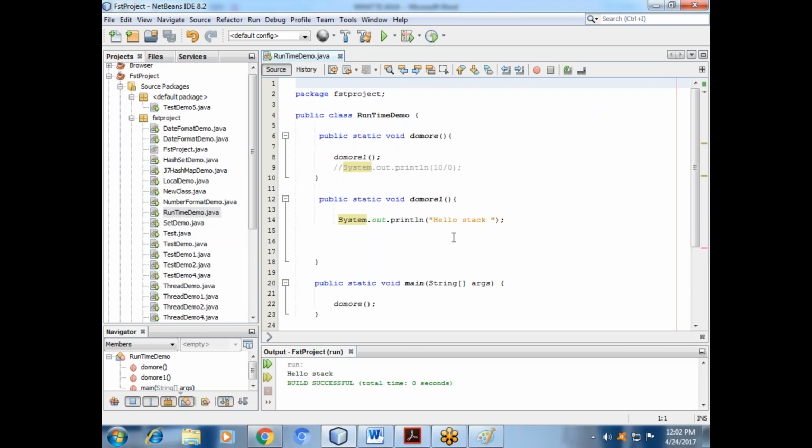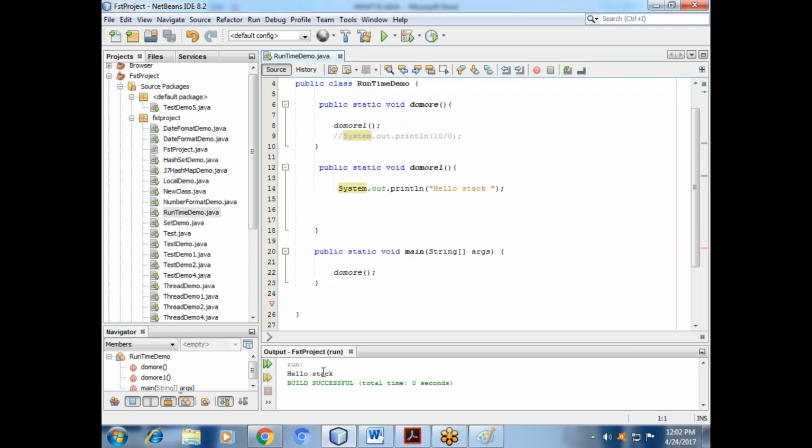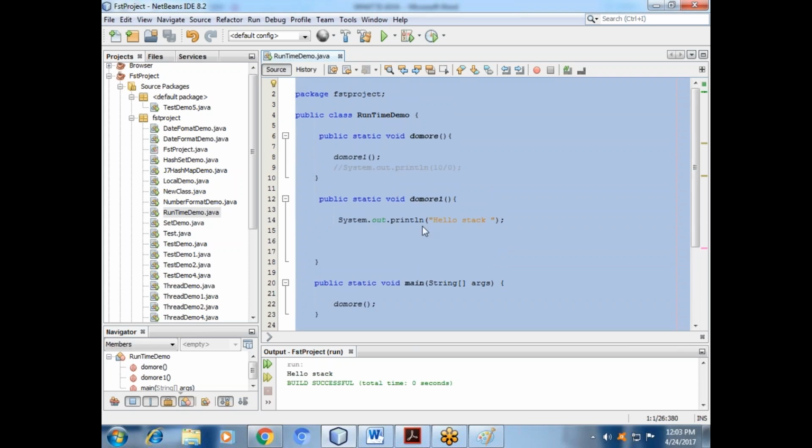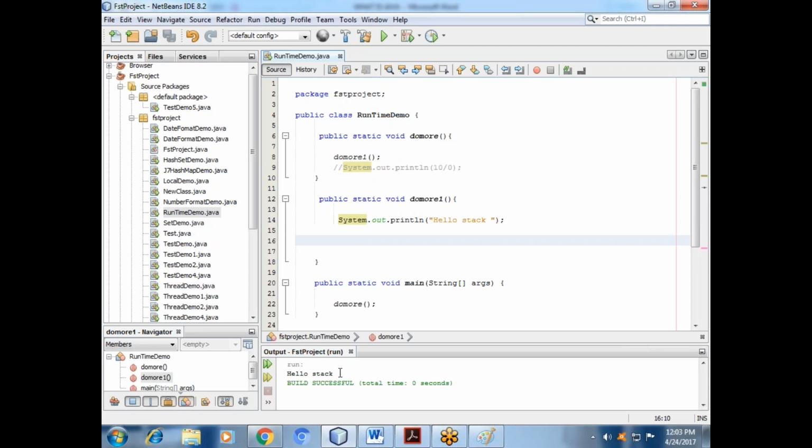Is this already checked by our compiler or not? No, because that's why we are getting a runtime output. Am I right? Whenever we write the command and run the program, the compiler checks for any issue during the compilation.